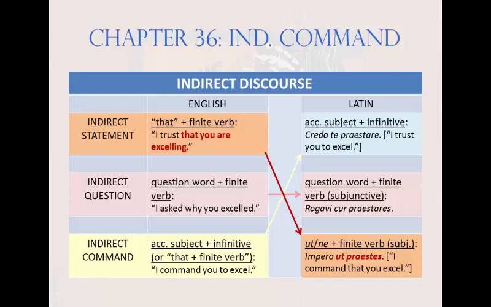Latin and English just reverse that clauses and accusative infinitive constructions. In other words, we like to use that with indirect statement. The Romans preferred that for indirect command. Conversely, we save our accusative infinitive for indirect command, which they deployed with indirect statement. It's just a matter of flip-flopping idioms. We trust that, they trust to. We order to, they order that. The details and ramifications of that are a nuisance, but in the big picture it's not much of a difference.